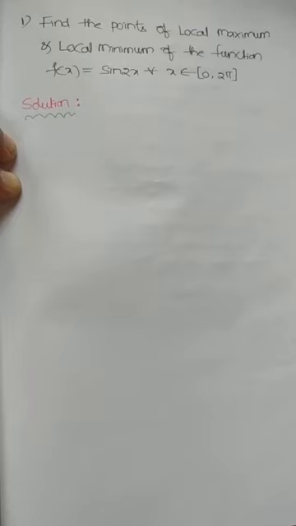In our previous class, we solved this type of problem, but we used the second derivative of the given function. In this problem, we are selecting another method. For the local maxima and local minima values of the given function, we will use the first derivative test. We check where the first derivative changes its sign, from positive to negative or negative to positive.